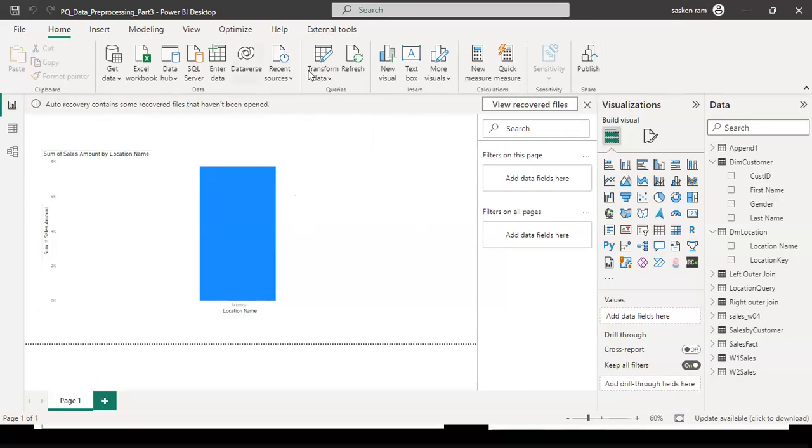But when you use a slicer instead of the parameter, the report will contain the entire data. When you apply the filter, it will go and select only the specific location data. But the query parameter's advantage is